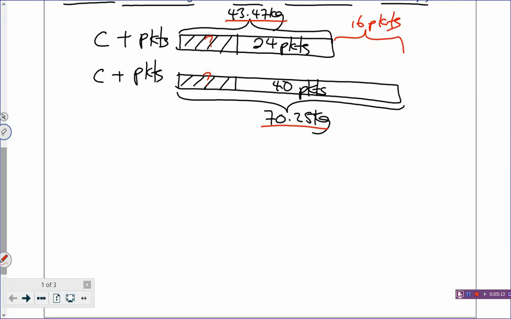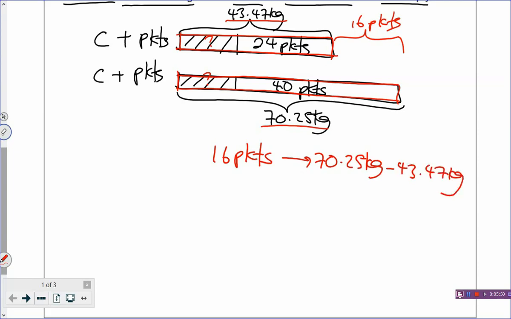Alright, so how heavy is 16 packets? Well, you can look at the whole rectangle, which is from here. Right, this is the total mass of the crate and 40 packets, which is 70.25. And then you look at the total mass of the same crate and 24 packets, which is 43.47, and you find the difference. So which means that your 16 packets will be how heavy? 70.25, and you minus